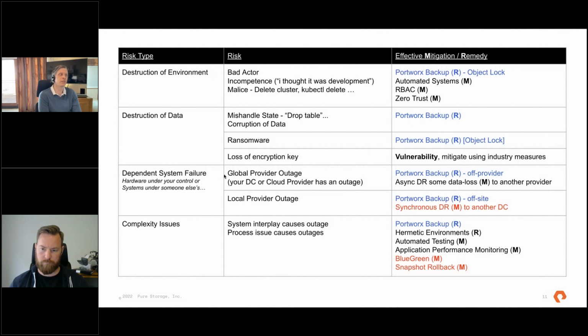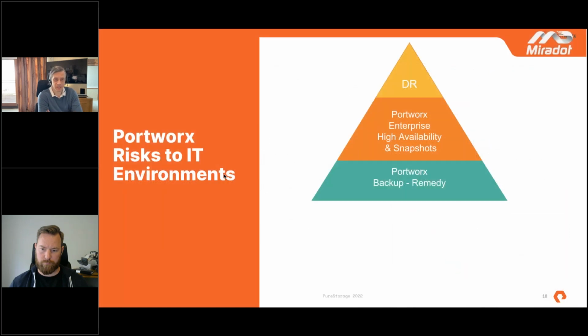All those are achieved with the high availability features of Portworx and the migration features and things like that. But that backup, knowing that you've got something there that works, do test your backup, right? Test your restores, and then up to how we make sure these things happen less in high availability using snapshots and so on. And I find that then DR, it can be a smaller piece.